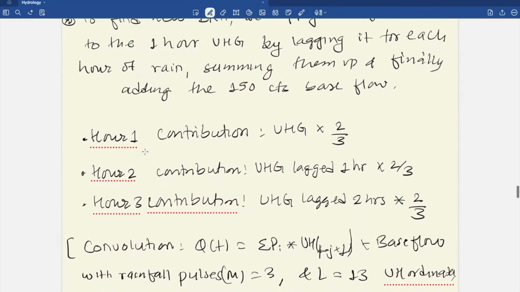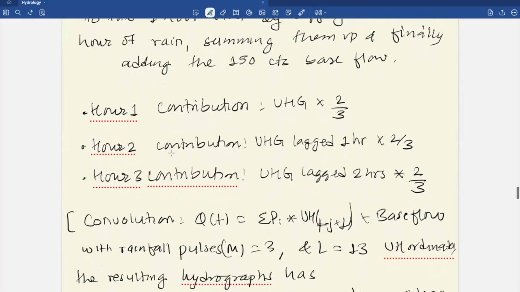So hour 1 rain activates the UH starting at t equal to 0, and hour 2 rain activates the same UH shifted 1 hour later, and hour 3 rain activates it shifted 2 hours later. And when we sum the three contributions and add 150 CFS, we get the complete storm hydrograph